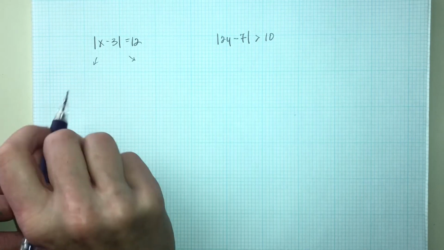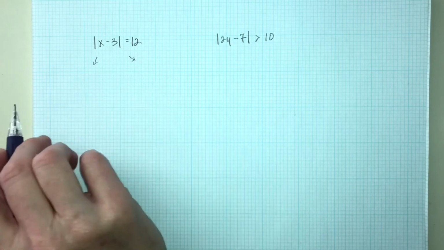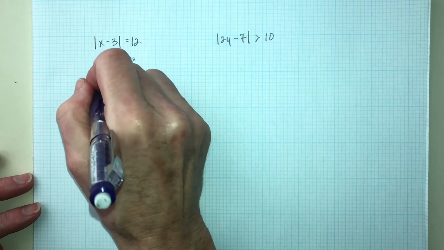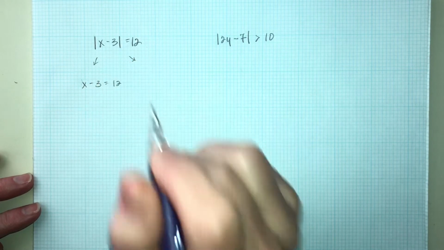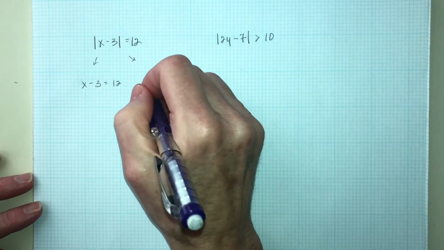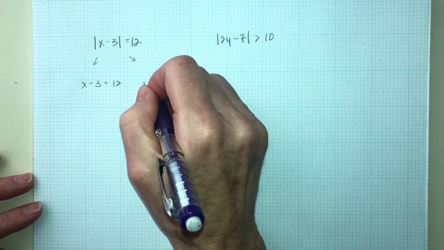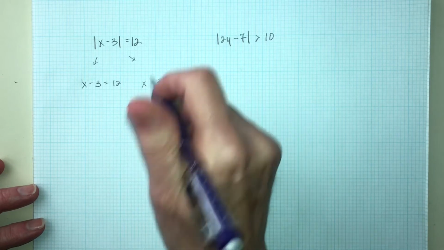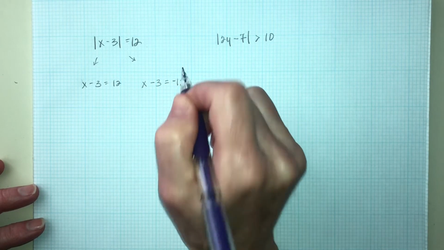So the first one, we're going to rewrite this almost as is. We're just going to take away the absolute value bars. So we write x minus 3 equals 12. For the other version of the equation, for our other solution, we'll write x minus 3, again we're taking away the absolute value bars, but now we're going to write that x minus 3 equals negative 12, because that's what